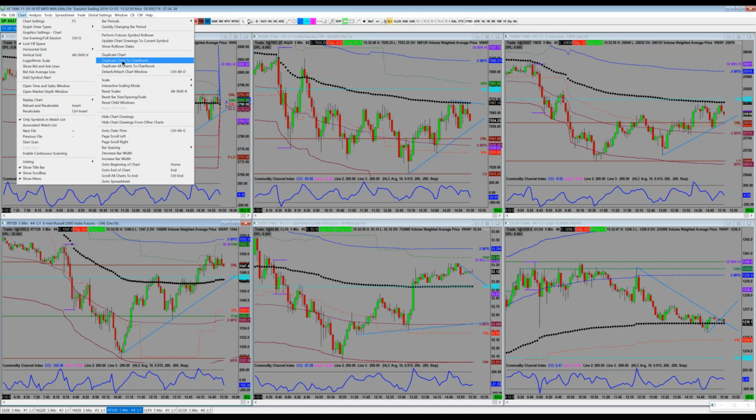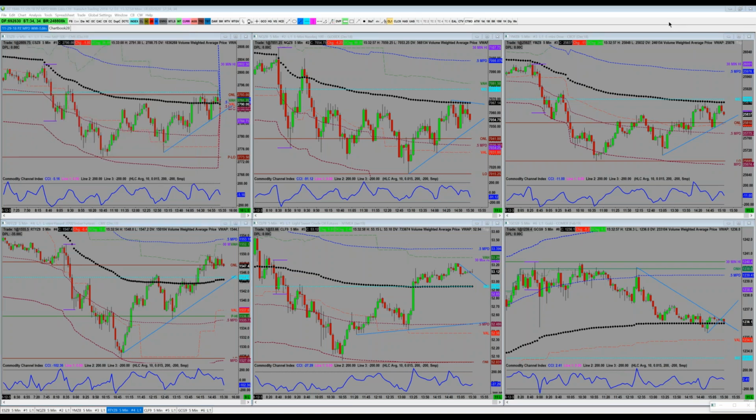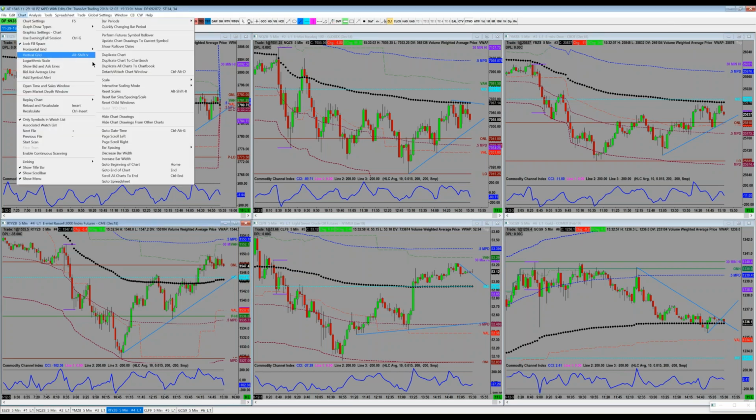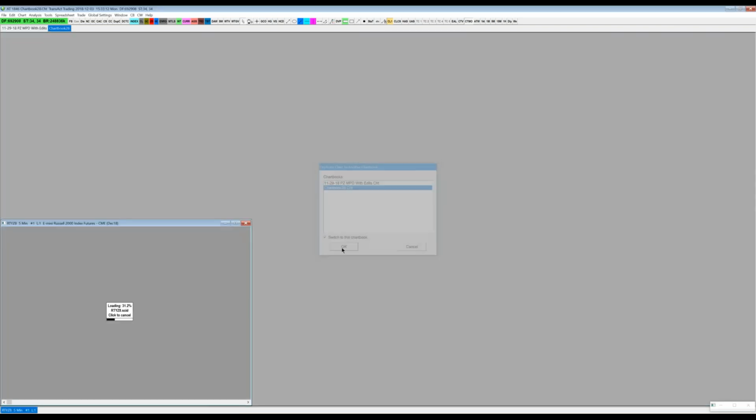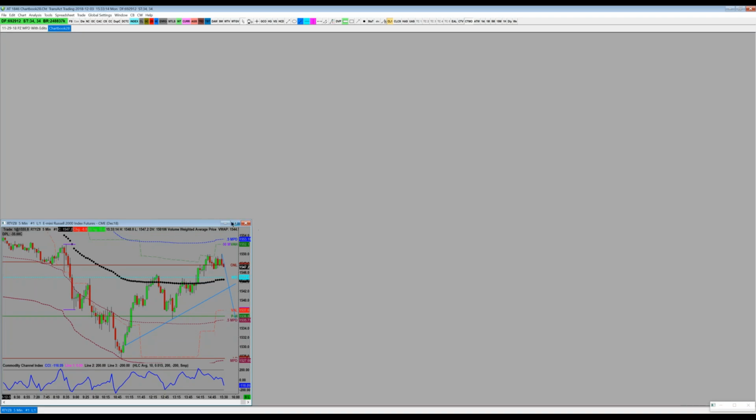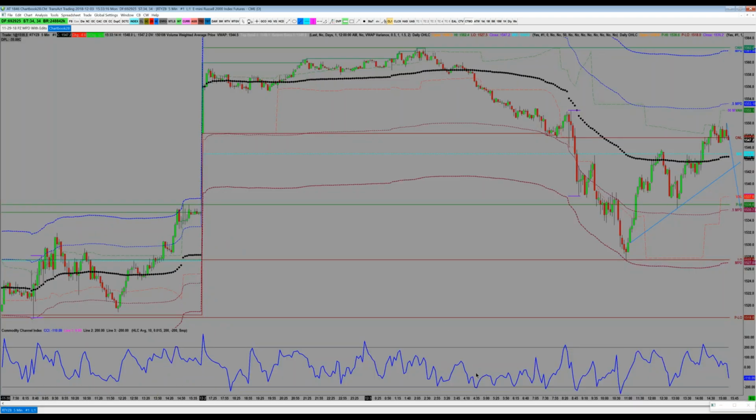Okay, so if you want to take a chart out of one chart book and put it in another one, you just would select that, Duplicate Chart to Chart Book. Sorry about that, hang on. Chart, Duplicate Chart to Chart Book, and then you pick the chart book that you want to duplicate it into. So I'm going to pick Chart Book 28. So I'm going to switch to that as well. So by checking this box, when I hit OK, it's going to switch us to the new chart book. So here it is. So I'll just maximize this so it takes up the whole screen.